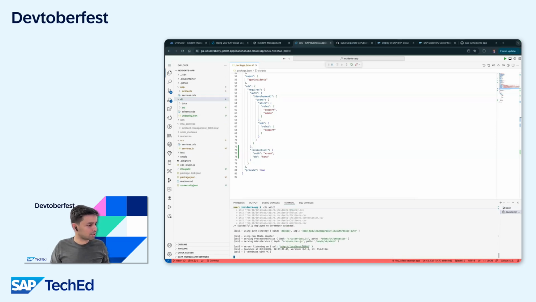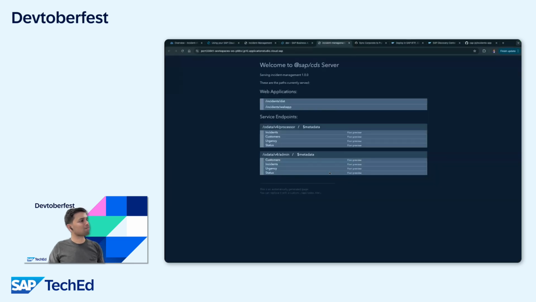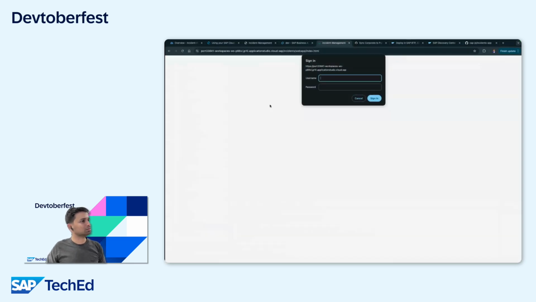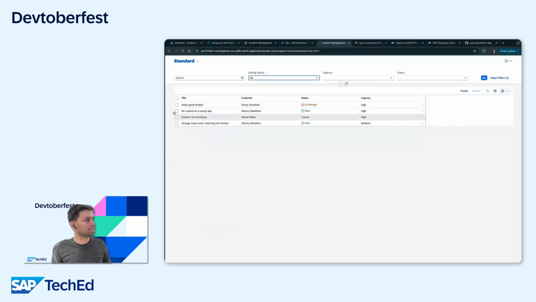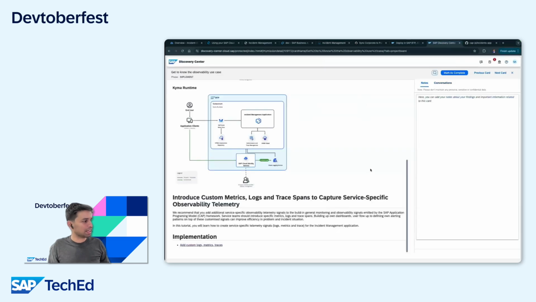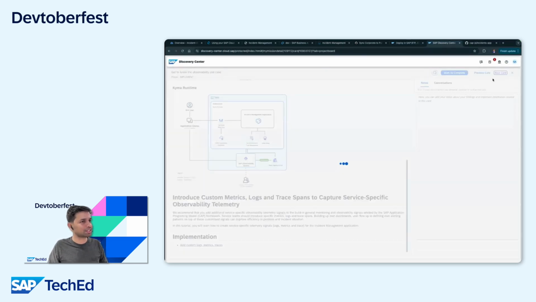And let me just launch it quickly. I just give the temporary password and yeah, the app is now running. Now I will go back to the mission and the first part is about implementation. So let's say I go to the next card,